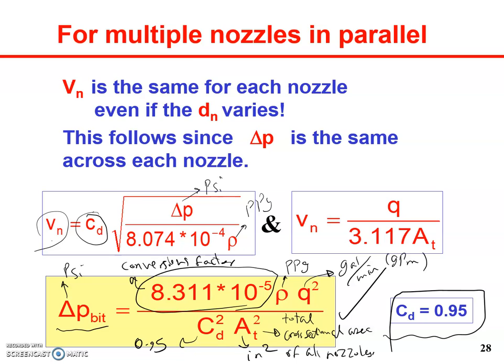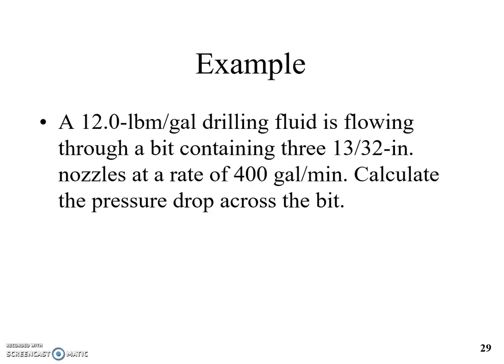Okay, so let's do an example here. We have a 12 pound per gallon drilling fluid flowing through a bit containing three 13/32 inch nozzles, at the rate of 400 gallons per minute. What we are asked is to calculate the pressure drop across the drill bit nozzle. So we need to use the equations that we have here. The first thing I want to calculate is the total cross-sectional area. So A total is equal to